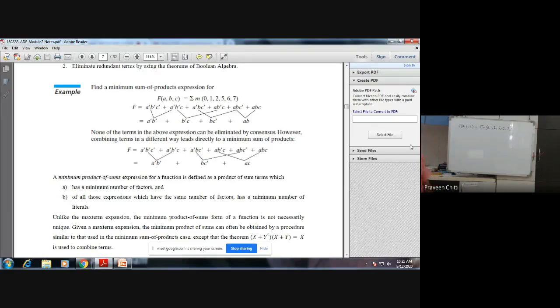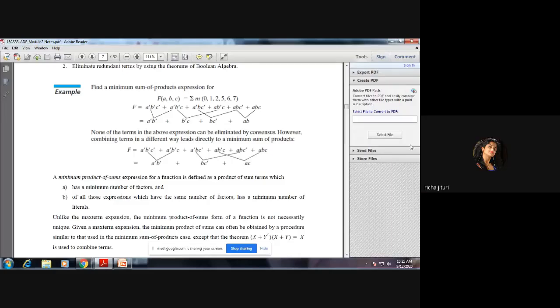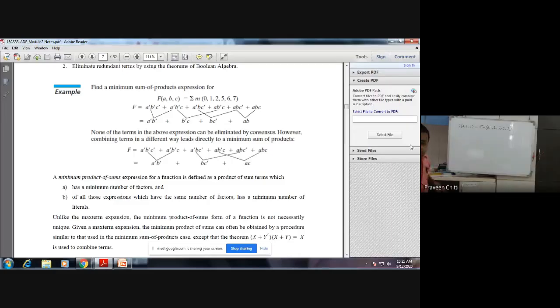To simplify it, we have to use the normal laws of Boolean algebra, Boolean identities and theorems. First, the given equation is in which form? Canonical SOP form. So to use these laws of Boolean algebra, first you have to bring this equation into normal SOP form. So how do we write the normal SOP form?